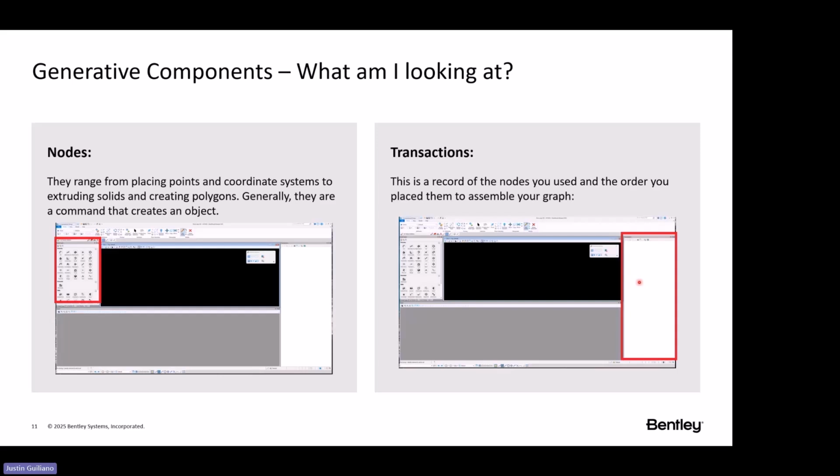On the right-hand side is our transaction list. Transactions are basically the list of commands or nodes that you assemble in your graph as you save the file. And this is actually very helpful because it's a very good tool to help with iterations of your script. It allows you to remove tasks or commands if something is maybe redundant, or if there's a better way to do it. You can easily go through and delete out specific nodes, or you can save these as